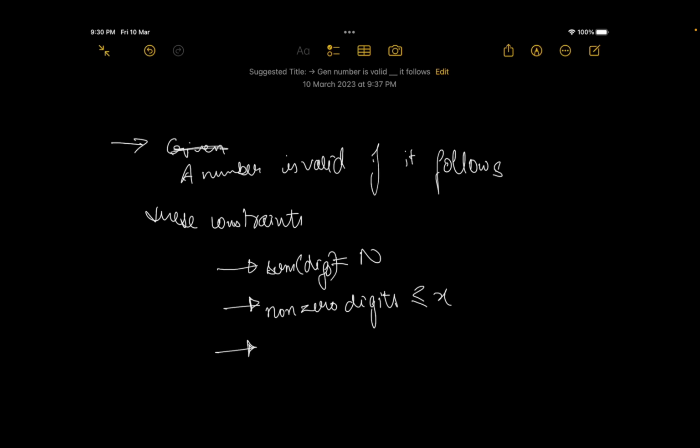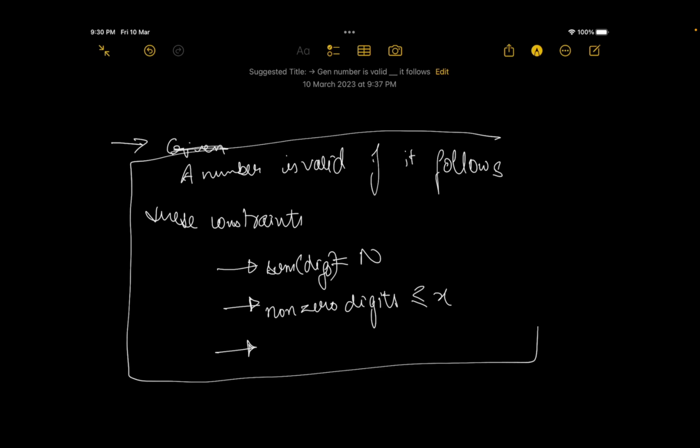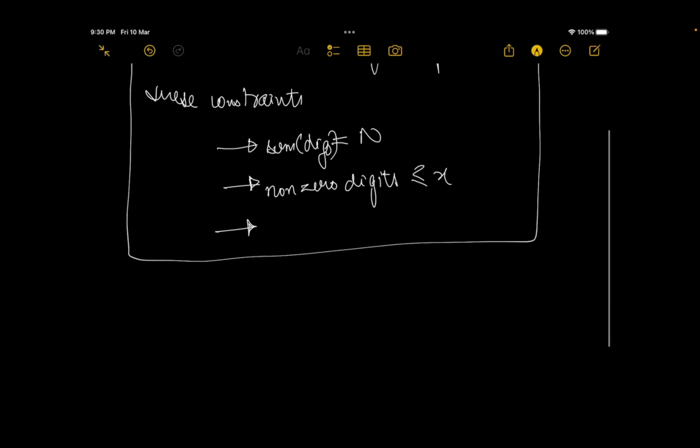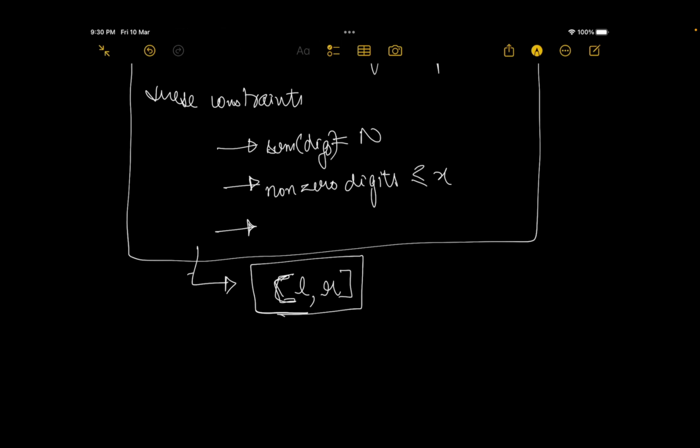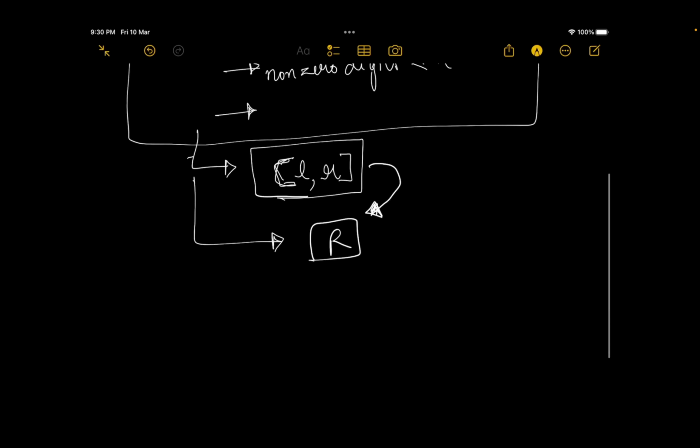So this is what they state, and then they tell us that this is the constraint for a valid number. You have to tell the numbers that are valid and are in a range L to R. Or sometimes they say you have to tell the numbers which are smaller than R, right? So this is actually convertible to this. I'll tell that in a while. Now how is this convertible into this? Before I explain that, any doubts so far?